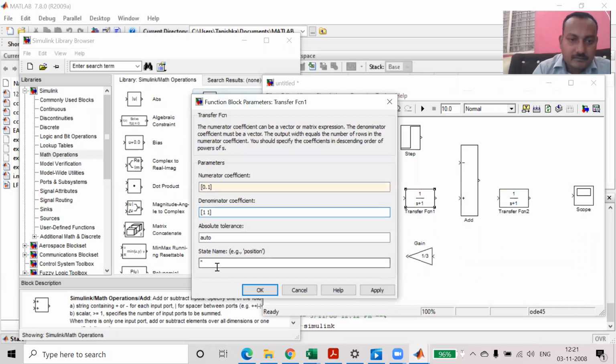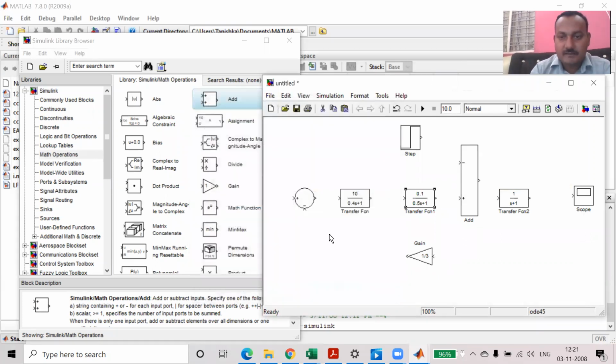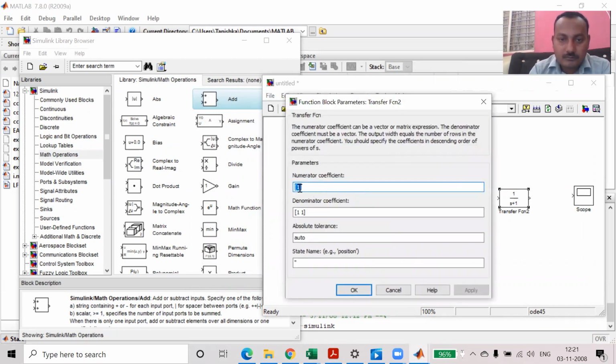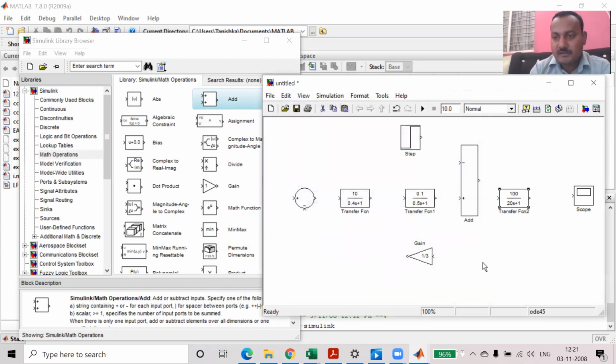Here put 0.5 s. Okay, 0.1 divided by 0.5 s. Then the third block, the generator load model, is nothing but 100 divided by 20 s plus 1. Put 20. This is the way in which we can put the input.